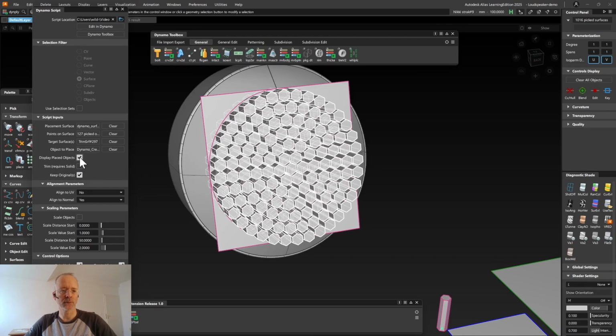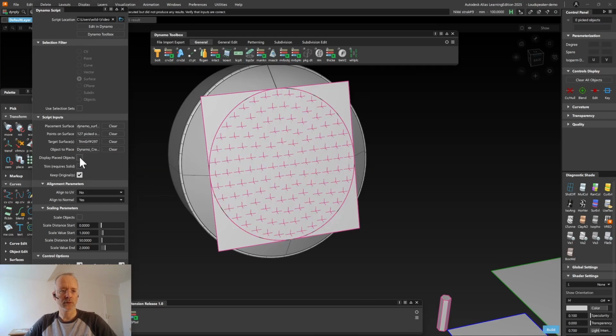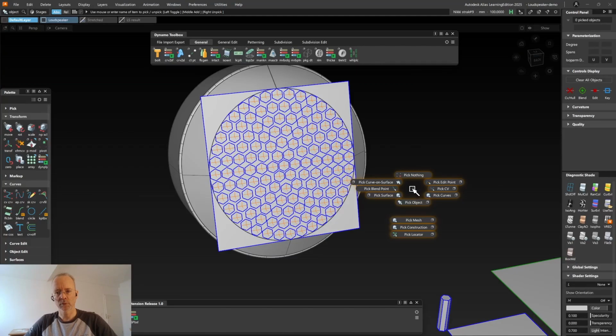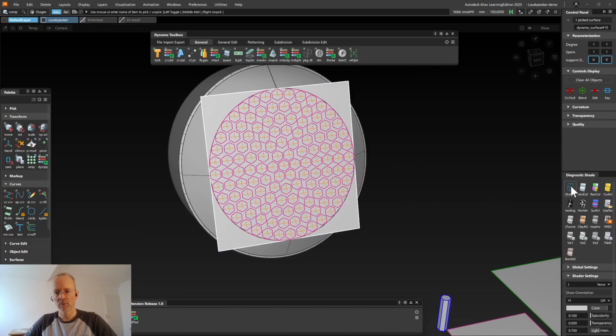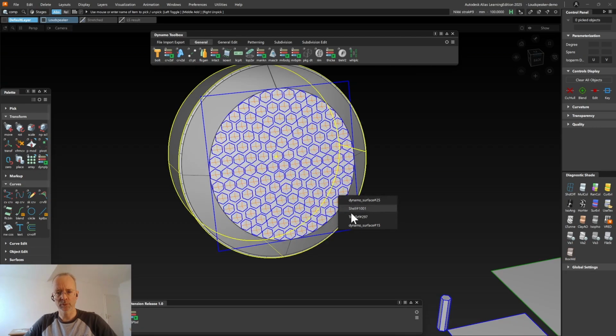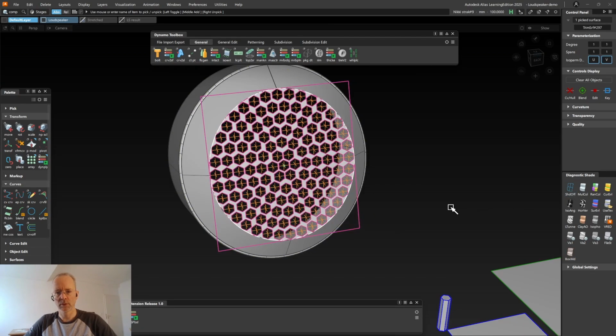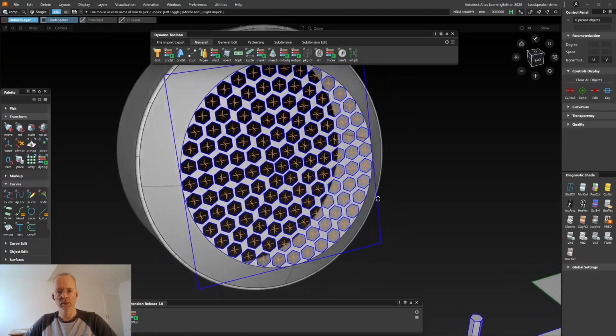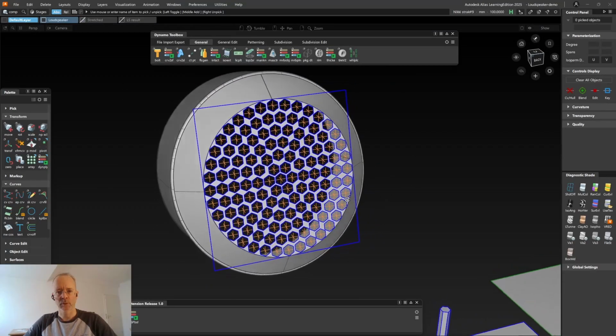You can switch off the display of the placed objects and you can directly use them for trimming. So if we now remove the shading of the placement surface and also the shading of the original trimmed surface, you can see we've trimmed the surface with our